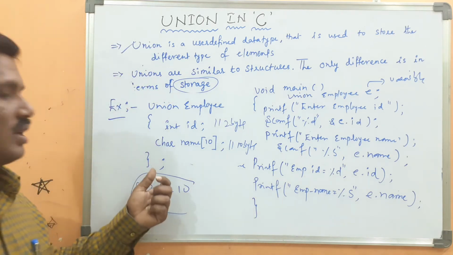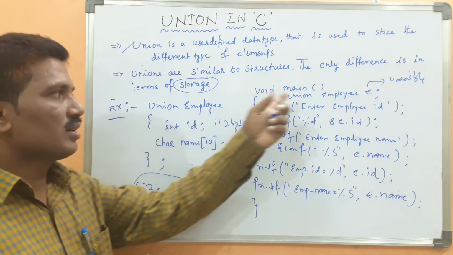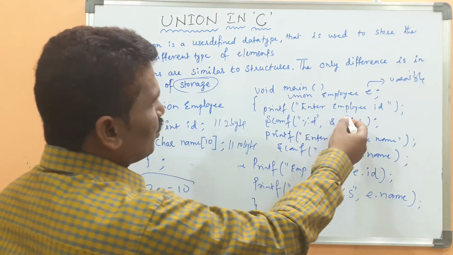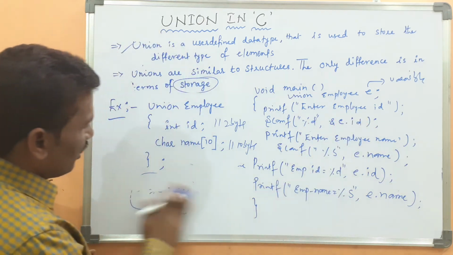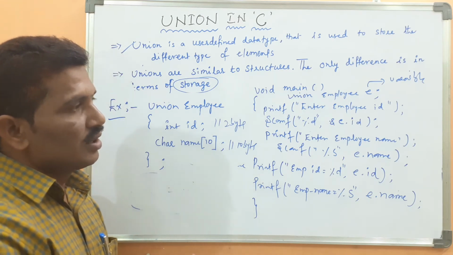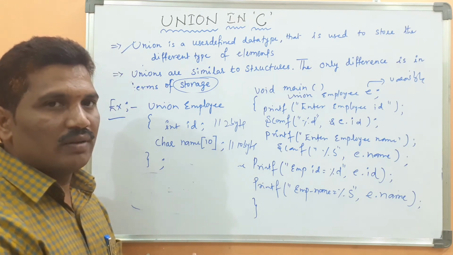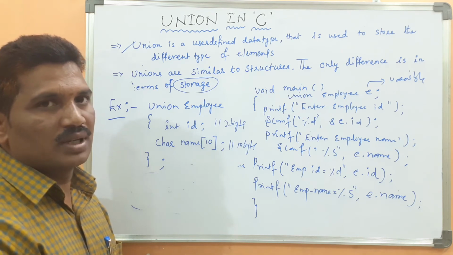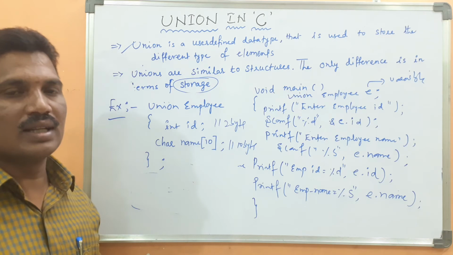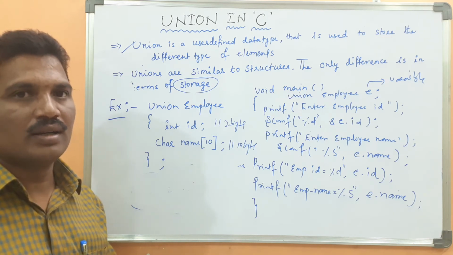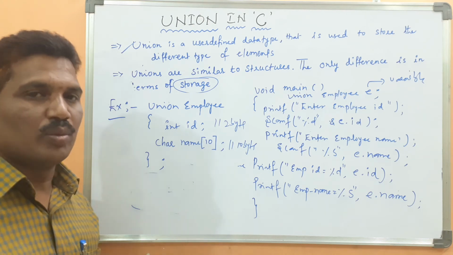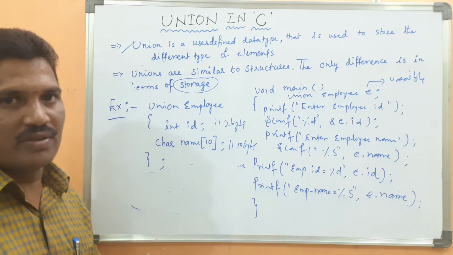Okay, you can declare the union variable either here or there, like a structure syntax. Here we can store the employee ID. For example, what is the employee ID you stored here? Only one memory is shared by all the members of the union. One thing you have to remember: only the last data is stored in the memory, because it overrides the previous one.